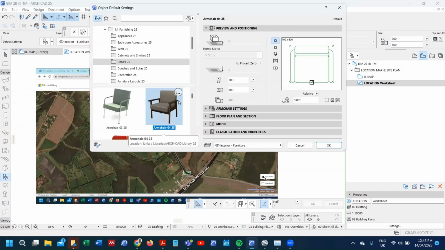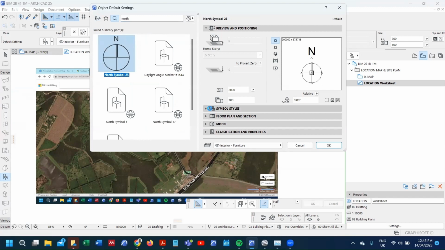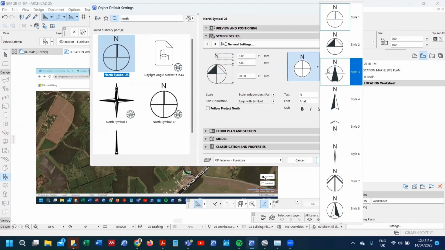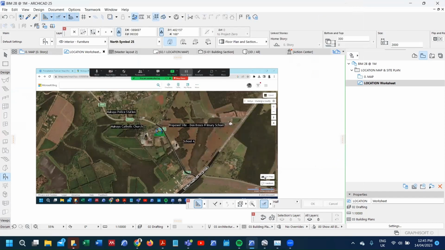It's advisable to use the embedded compasses, so just search for north. And there it is. Make sure that the settings are okay. I'm going to use that one for the time being. Let it follow project north. If I place my compass,